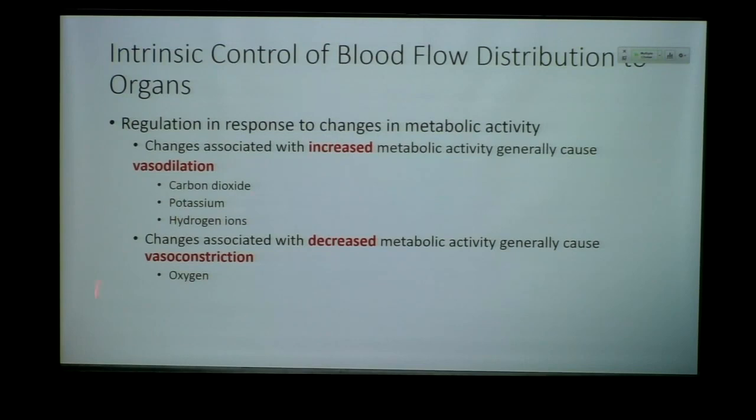On the alternative state, we vasoconstrict when tissues have excess oxygen, and that kind of makes sense, right? If there's lots of oxygen in the area, in the tissues, then we don't need excess blood flowing into the area. It just doesn't make sense. It's not efficient. If we have excess oxygen, we want to kind of tell the heart to kind of slow down with the cardiac output. So we're going to close those vessels down, vasoconstrict those arterioles to kind of decrease flow because there's enough oxygen in the